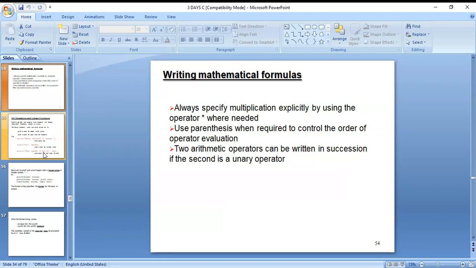Two arithmetic operators can be written in succession if the second is a unary operator.